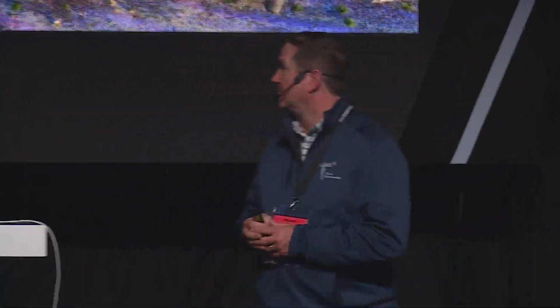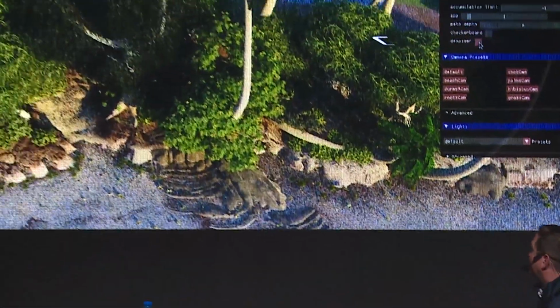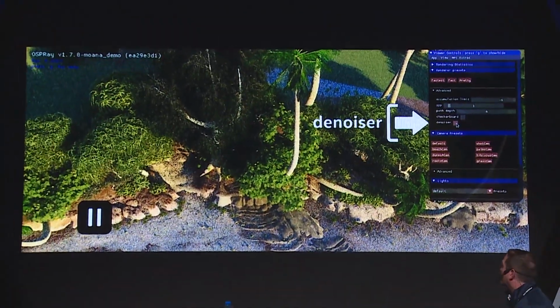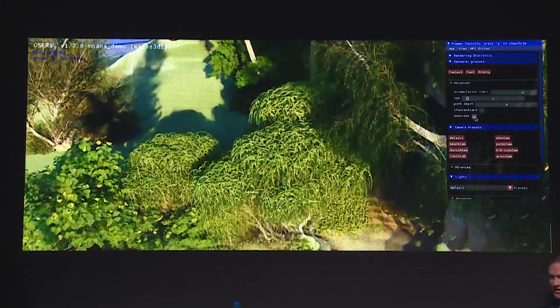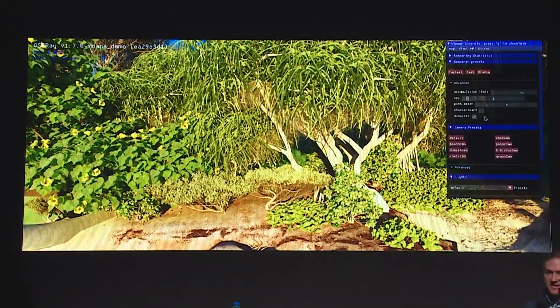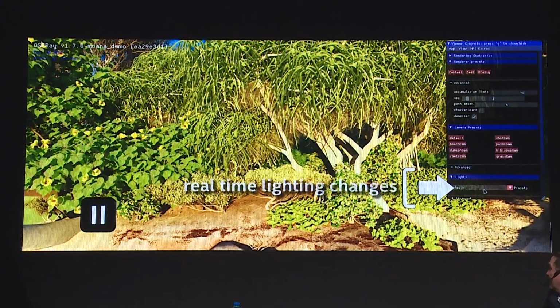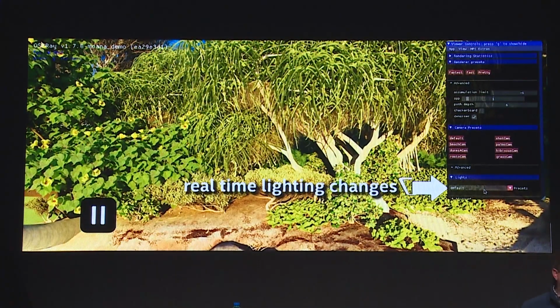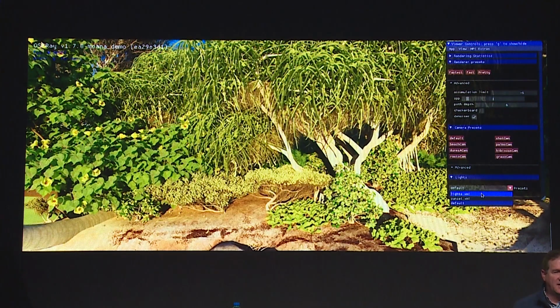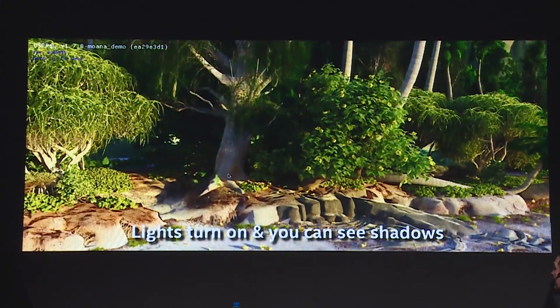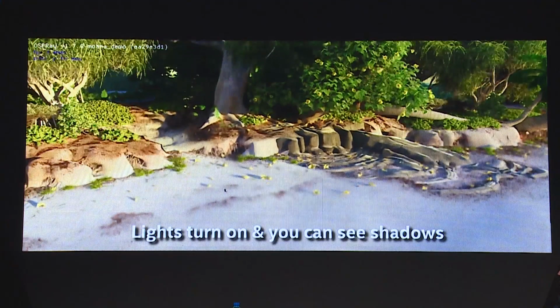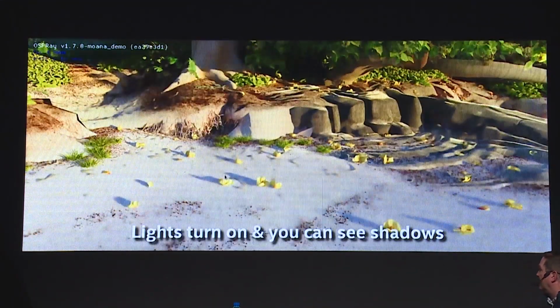Watch this, and I'll tell you about this in a second. Or I can tell you now. So this is the Moana scene. This is a live screen capture. This is also connected over a network from Oregon to Austin. So we're screen capturing in Austin, a connected version of this. Again, this is running at the 10 to 15 frames per second